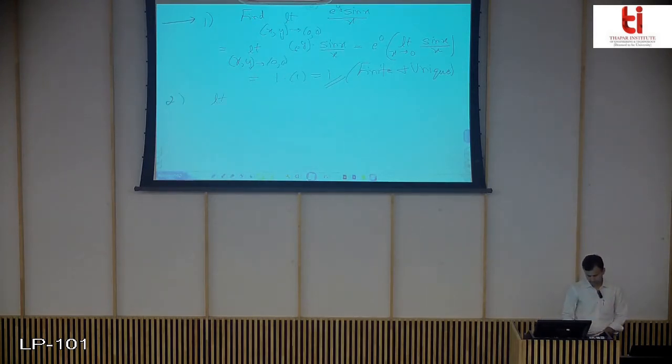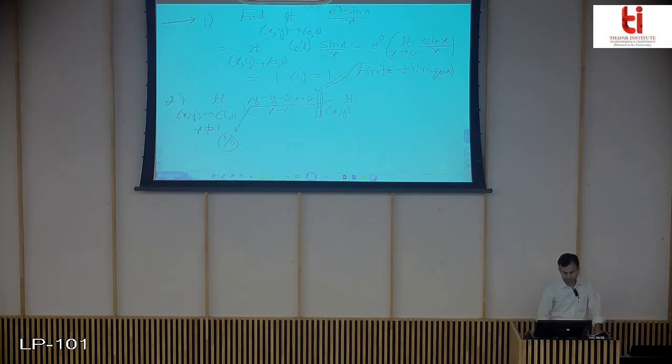Similarly, we can try this one: (x,y) tending to (1,1), where x is not equal to 1, of (xy minus y minus 2x plus 2) upon (x minus 1). Clearly, in such limits, if I substitute (1,1) directly here, I will be getting the 0 by 0 form. So that will not serve any purpose for me in this question.